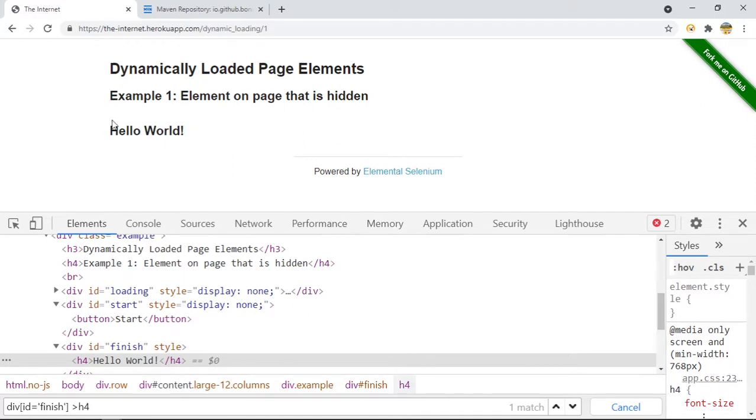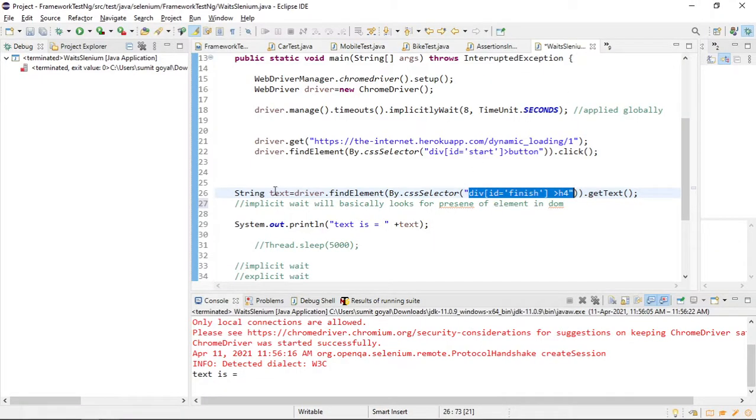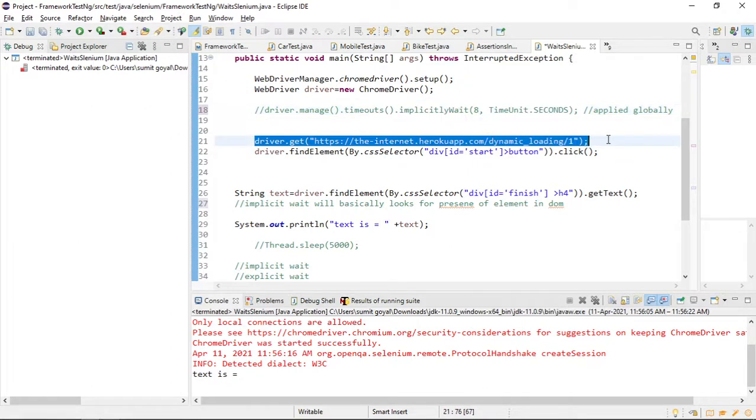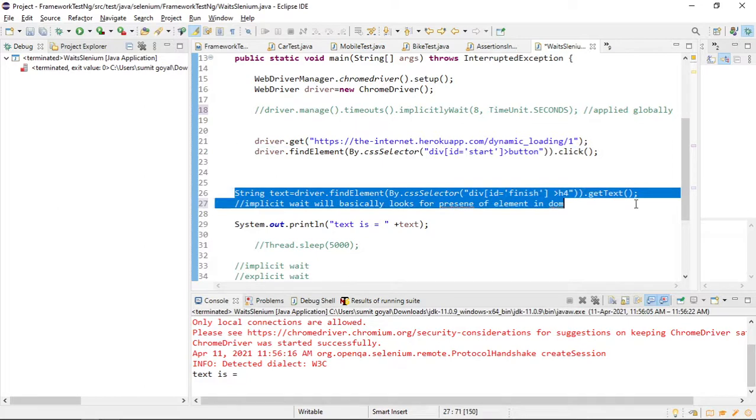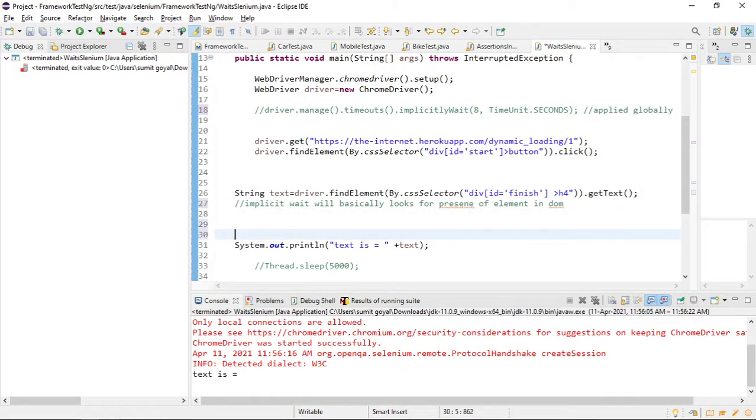Now it is visible. So for that, there is one more kind of wait, which is called explicit wait. If I comment this, let me not apply implicit wait. This wait is applied globally, implicit wait. If I do it like this, for each and every line there will be a timeout of 8 seconds, which means it will wait 8 seconds before failing our test case. But if I apply, there is one class,